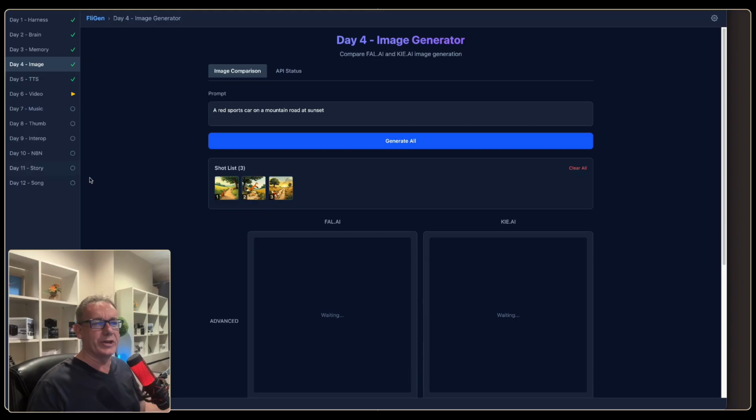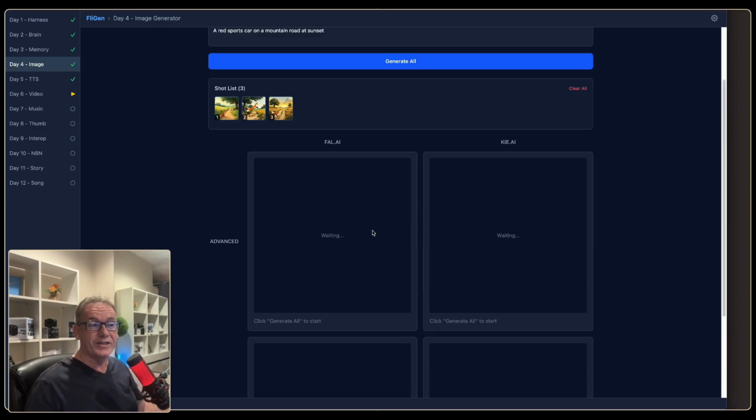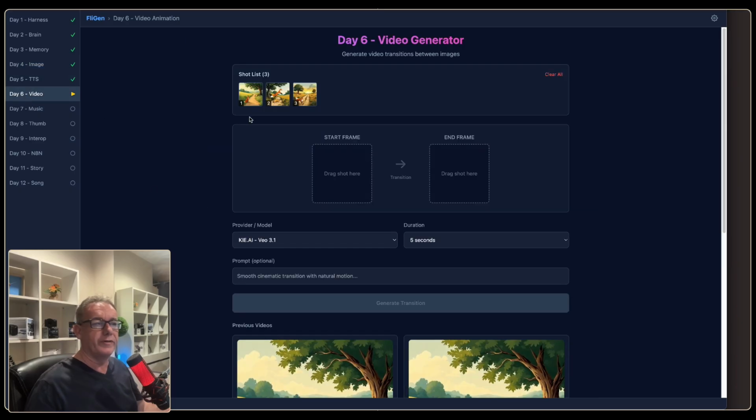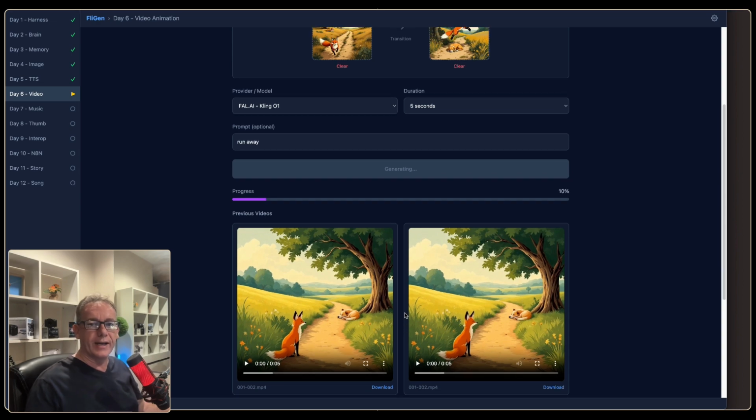but this is not a session in fixing all the different issues related to vibe coding. I guess what we've been able to do today with a few flaws is that we've got the image generation updated so that we've got this shot list sort of idea going on. Good thing is it persists, even though these images are not persisting, but we've never asked to have that capability. They are now available for us when we do the video generation. Say, run away and see what it creates for us.